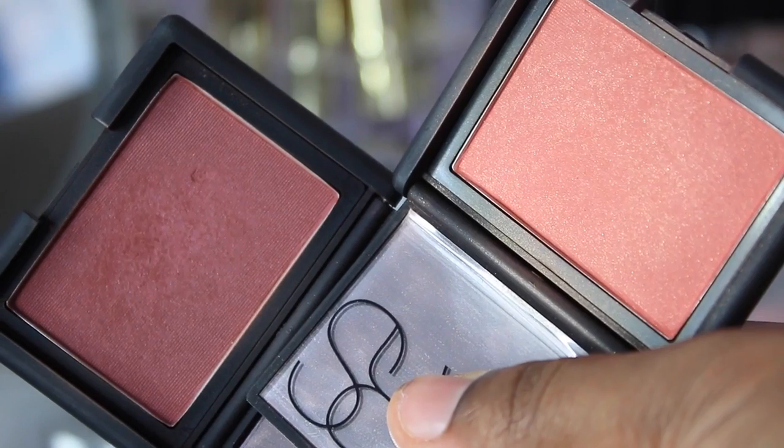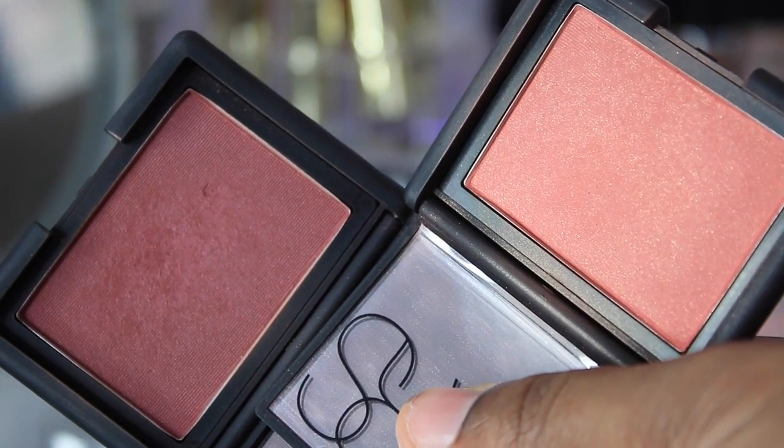It has a little bit of shimmer, not too much, but I think it is, again, beautiful for medium to deeper skin tones. I use this all the time. This is kind of the shade that I more go towards in the spring and summer. So Torrid. All right, for highlighters, the number one highlighter that I've been reaching for this year is Laura Geller's